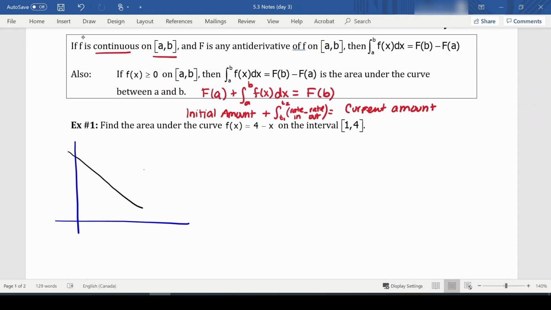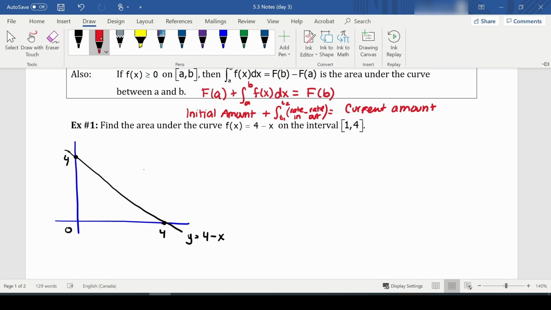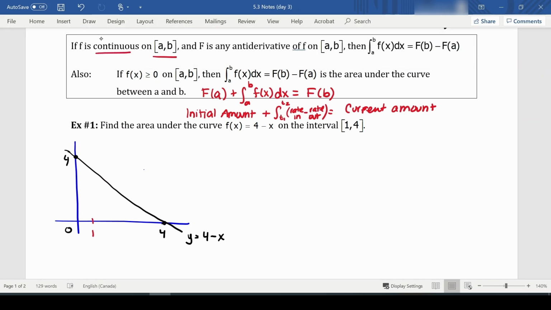So my function 4 minus x would look something like this. This is 4, this is 4, this is 0, this is y equals 4 minus x. Now, if x is 1 and 4, that means that my area would be here. And this function is entirely above 0 between 1 to 4. So that means that my area under the curve